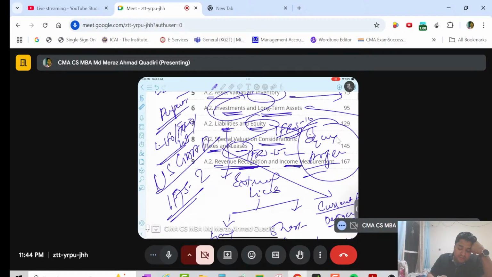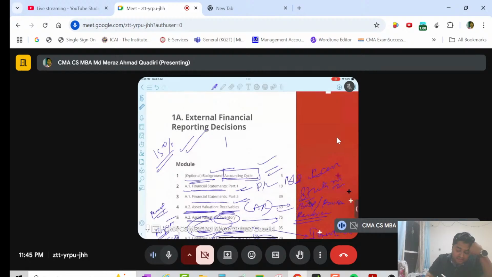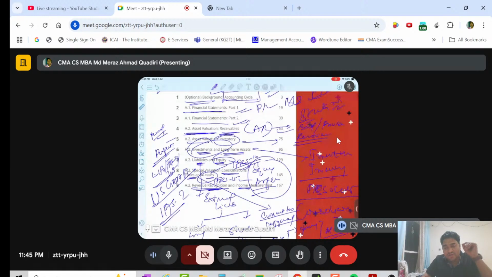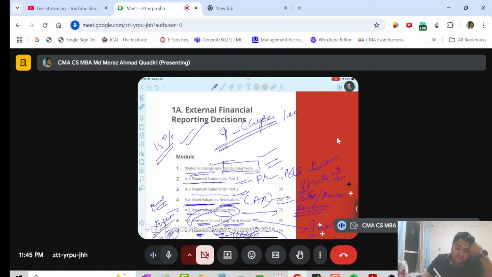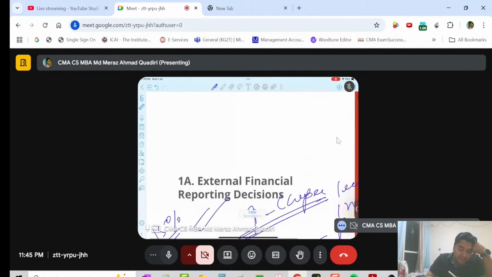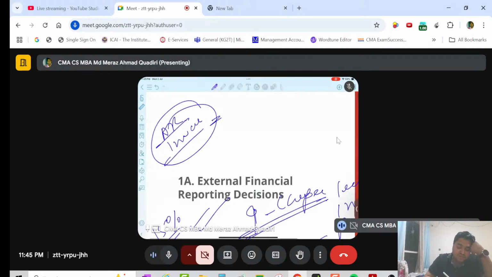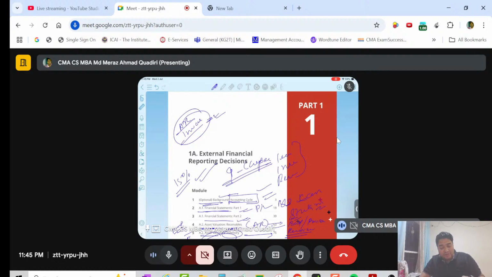So these are the 9 chapters you will learn in financial reporting. Among these 9 chapters, the most important ones, not just for the CMA exam but for your real life, are leases, income tax, revenue recognition, and at the mid-level accountant, AR and inventory. So these are the minimum things you need to know, and you will learn them once you have completed your